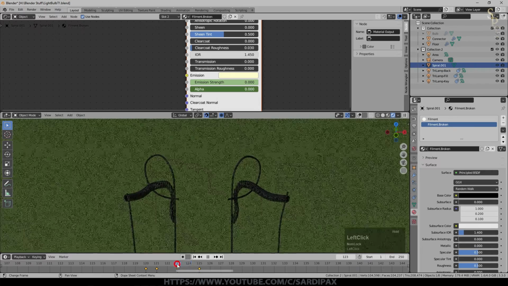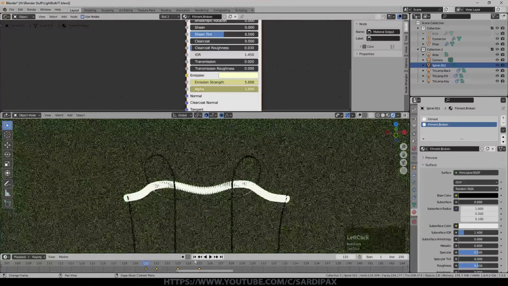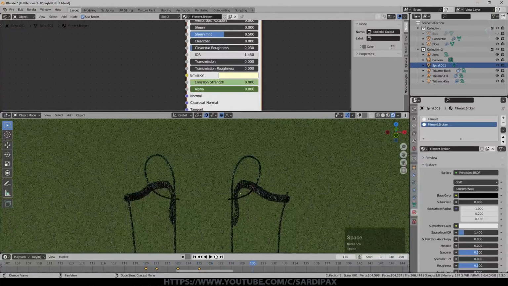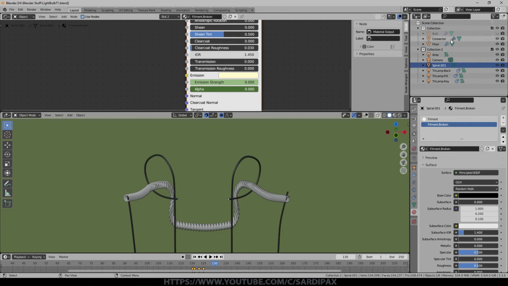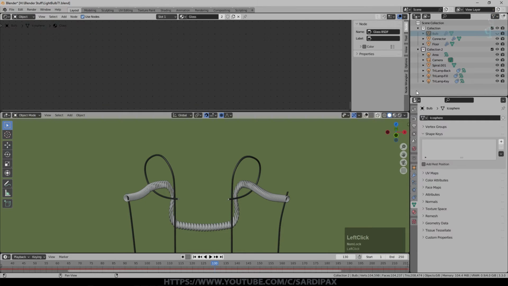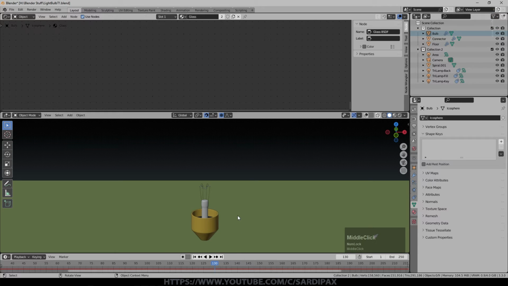But for our purposes, I think this works fine. So we've now got a point at which the filament just burns out and melts. So now we're ready to add the smoke. Obviously we want the smoke associated with the filament no longer being inside the bulb, which obviously prevents it from burning out. So I've unhidden the bulb and we'll come back here and we can see already it's around